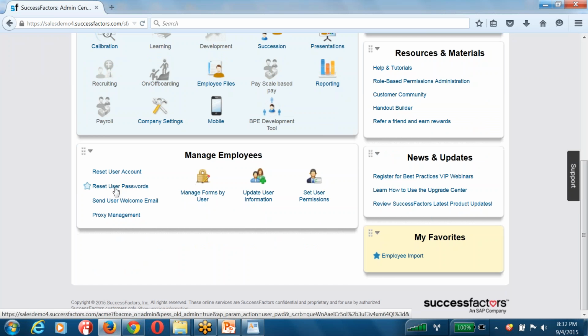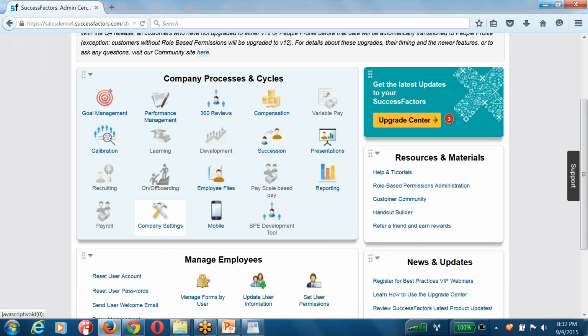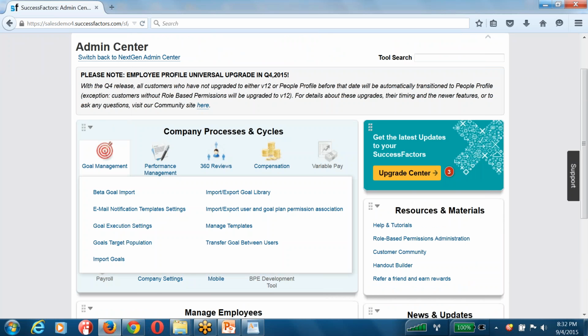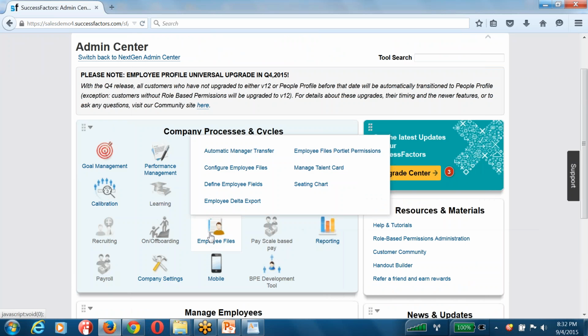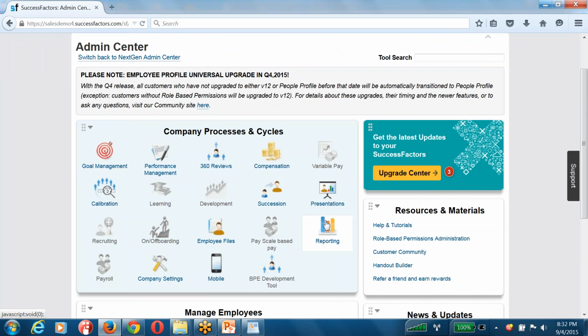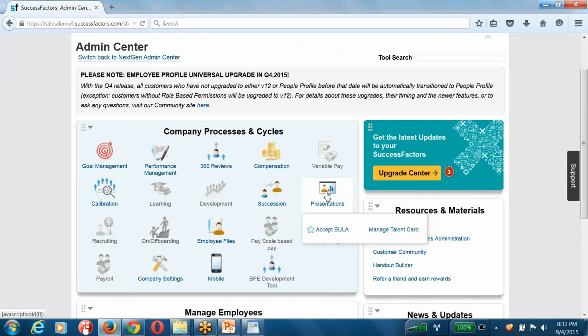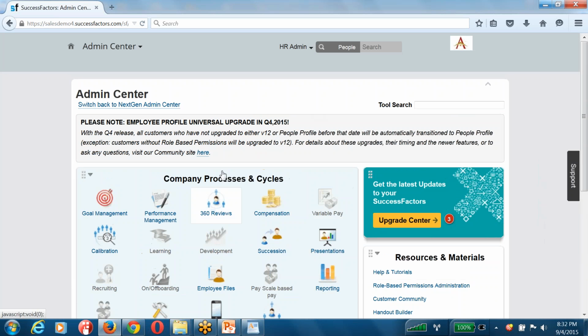And here you can see you can reset user passwords, reset user accounts, and do proxy management. All those things you can do from Manage Employees. Basically, user administration is going to be done from your Manage Employees portlet, guys. And you can see BizX Mobile, your common company settings, your calibration module, Employee Central, everything. And your succession management presentations is a new module, guys. All such things you can do from your